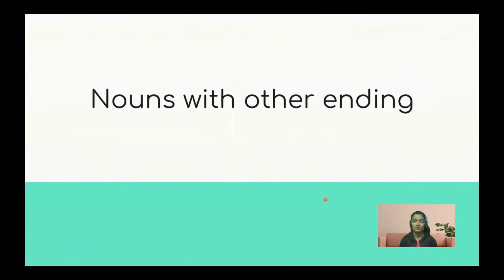Yes, that is right. No matter how confusing it is, if you really want to achieve your goal of speaking like a native speaker or even learning to speak fluently, you'll have to get past through this phase where you are confused. And it's okay. Initially, it can be very confusing, but you'll have to observe, just keep observing, imitate how others are speaking, and practice a lot. That's the only key. There's no other way to identify gender of all nouns. You'll have to practice and practice a lot.